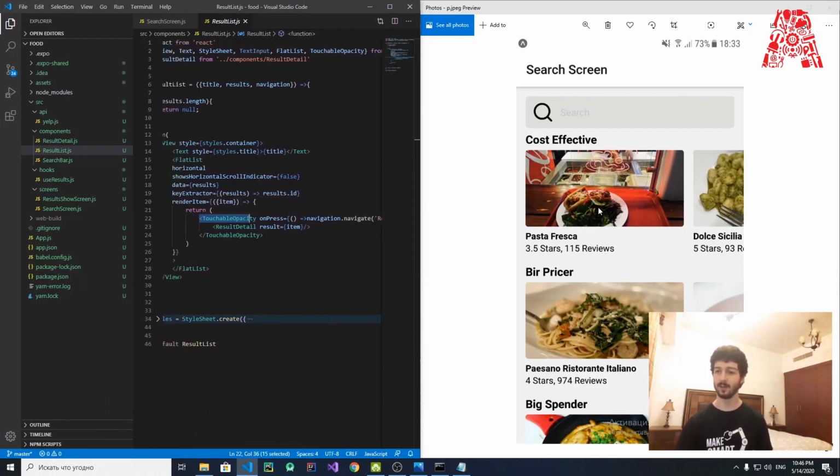So as you can see, this one, the picture here, the pasta fresca, if I'm spelling it right, it's an image, but in the project, as soon as you run it, you can click on it and you will get to the description. I hope you remember. You can click on it and go to the description, but it is empty, there are no borders, it doesn't look like a button, but it's touchable. And inside that we have a result detail. Result detail holds the description of the current object, current restaurant in our case, holds the details about it,